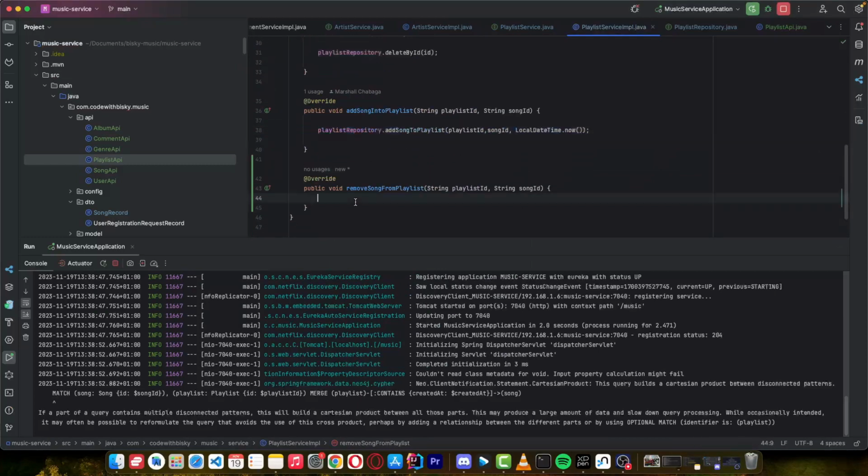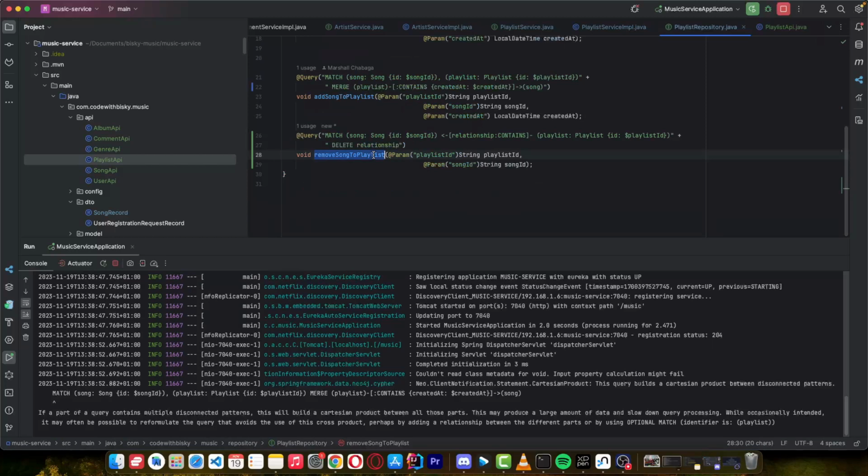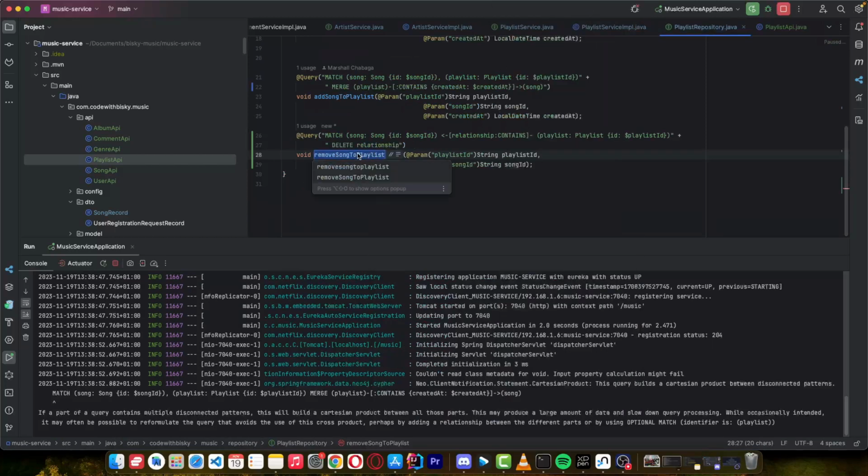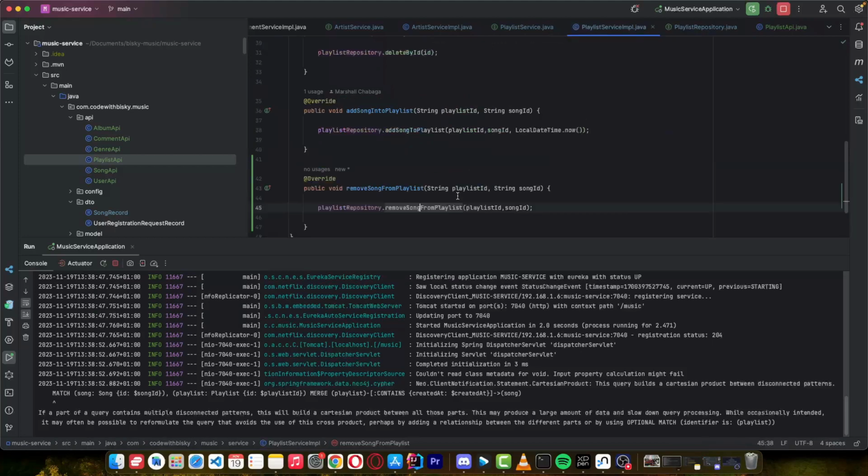We just copy, we just say remove song from playlist, and it does not have this, and we want to fix this, which is remove song to playlist, which is supposed to be remove song from playlist. Remove song. The method name does not matter though. We want to correct grammar,